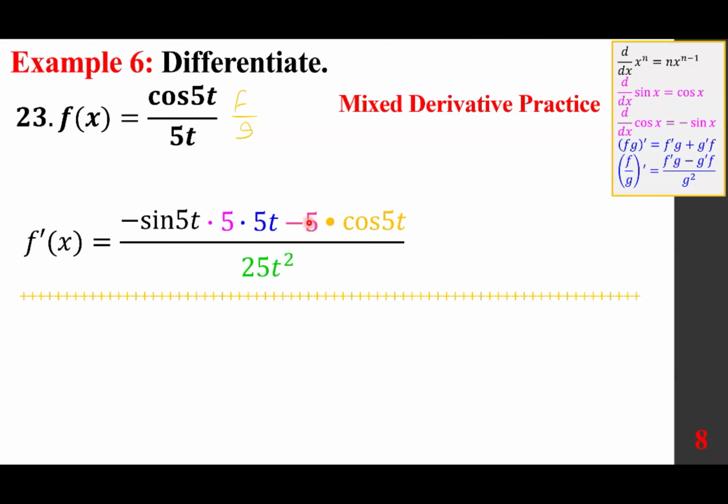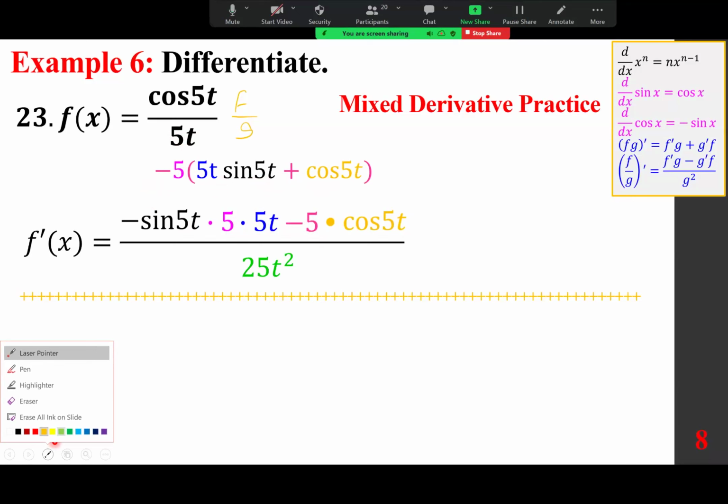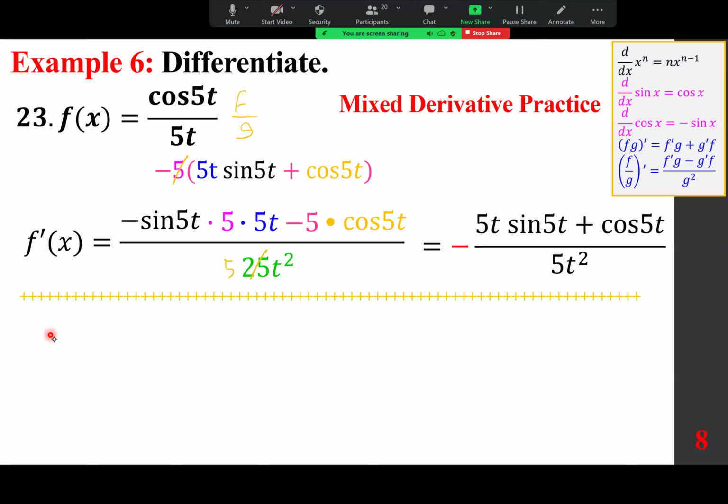We are going to take out, as you can see, negative 5 is in common. So I take out negative 5. I factor the numerator, negative 5, 5t sine 5t plus cosine 5t. The negative remains, but the 5 can cancel out the 25 and change it to 5. And the final answer is minus. We keep this negative sign. We don't lose that. And whatever is in the parentheses up here, 5t sine of 5t plus cosine of